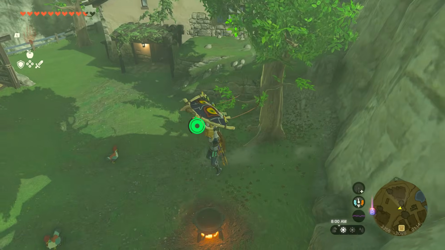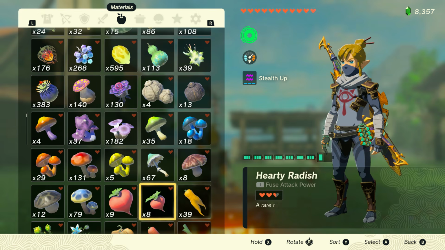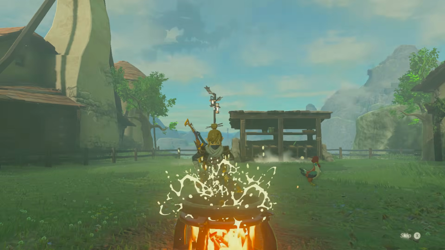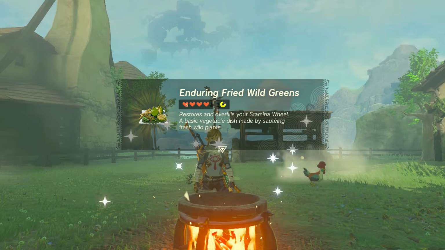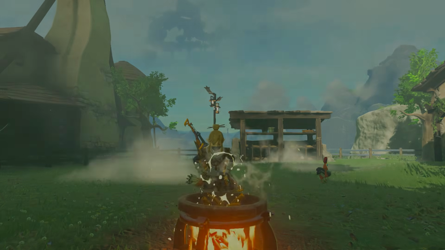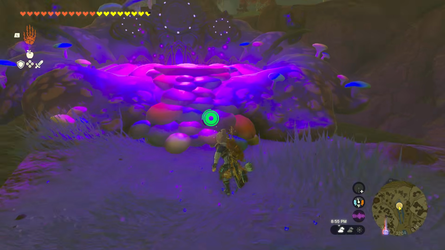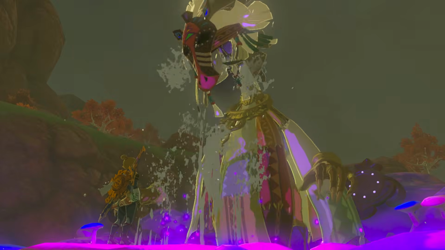Endura carrots. What do we need them for? Well, guys, if we cook these, we're going to get some extra stamina. If we cook up one, we're going to get a little over a quarter of a wheel of stamina. If we cook up two, we're going to get a little over 3/4 of a wheel of stamina. However, if we cook up 5 Endura carrots, we will get 2 extra stamina wheels. Now, these stamina wheels are just temporary, but they can really help you out in a pinch, and who doesn't